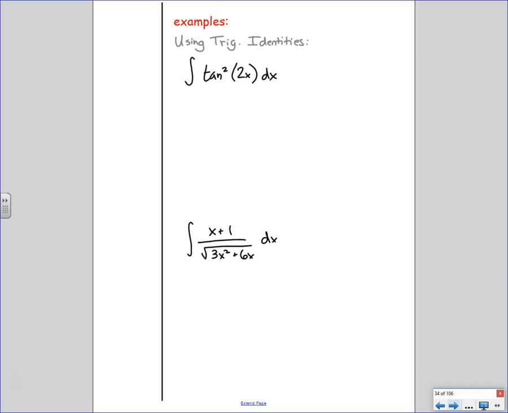What is the double angle formula? Sine 2x is 2 sine cosine. Cosine 2x is cosine squared minus sine squared, or 1 minus 2 sine squared, or 2 cosine squared minus 1. I know sine is just sine over cosine. Wait, is it squared? 2x.